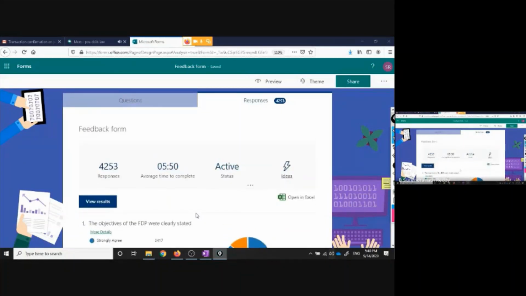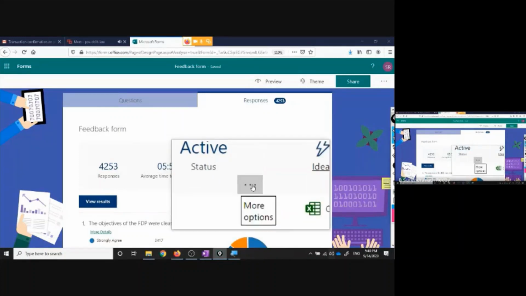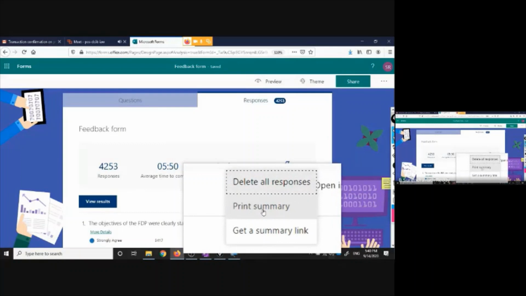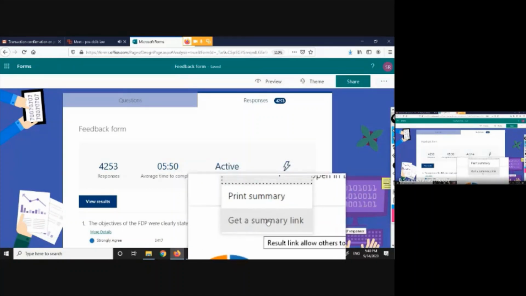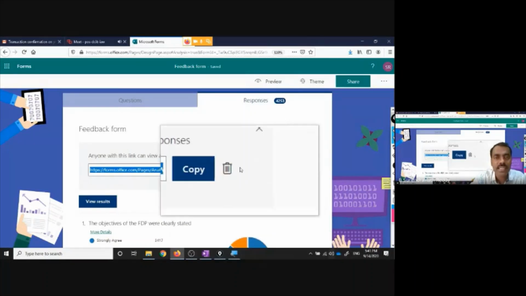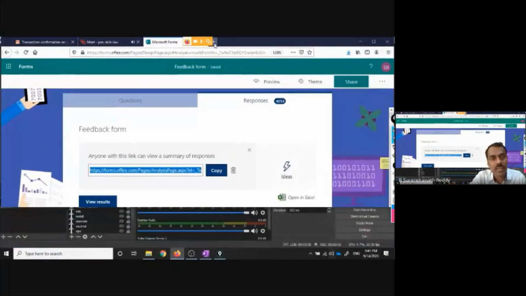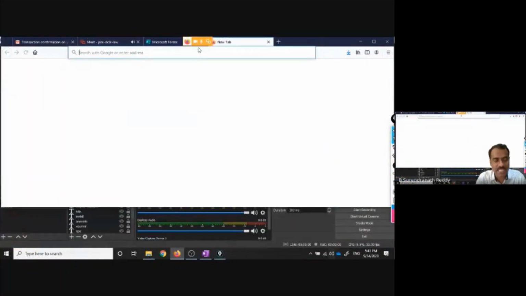What is not there in Google Forms is this: if you go to this active status, there is a three horizontal button. You select this one. Then there is a print summary available, or get a summary link. Suppose I click on this get a summary link. Once I click on it, you can go and share it with anyone. For example, I will paste it in this browser.